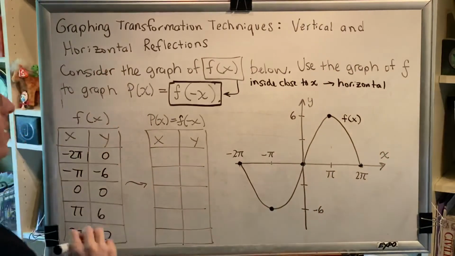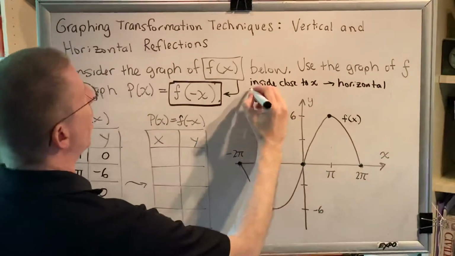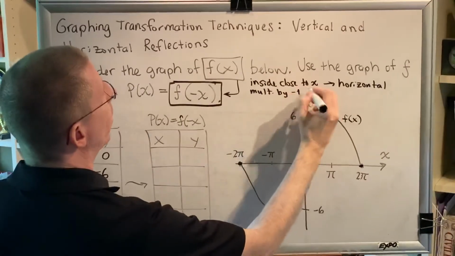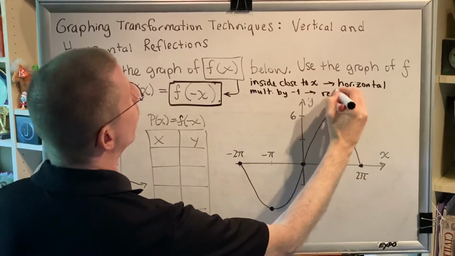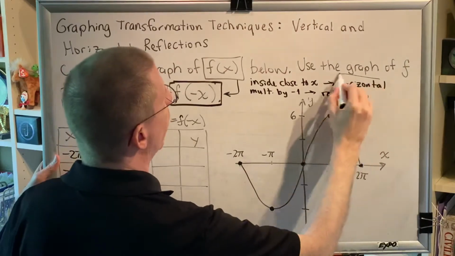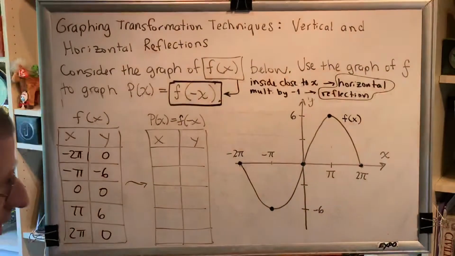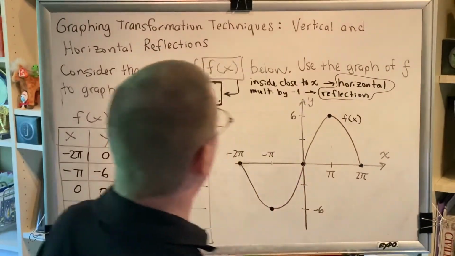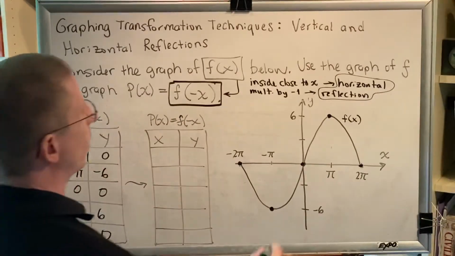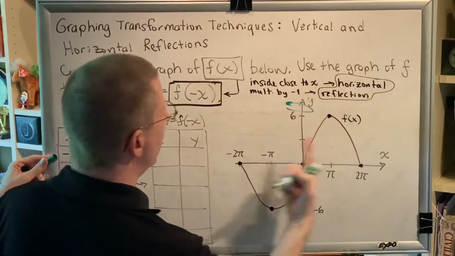Now, what kind of change is it? It's this negative, which is representing multiplication by negative 1. Whenever you have multiplication by negative 1, that is indicative of a reflection. So, between those two questions, we're able to identify that for this problem, what we're dealing with is a horizontal reflection. In other words, if we want to get the graph of p of x, which is equal to f of negative x, we just have to take the graph that has been provided for us and spin it around